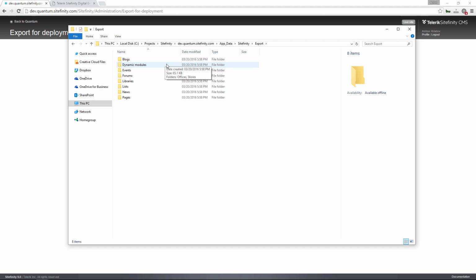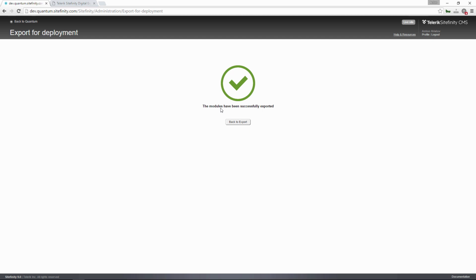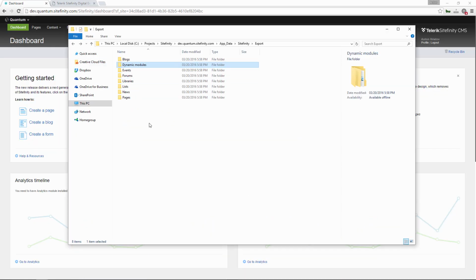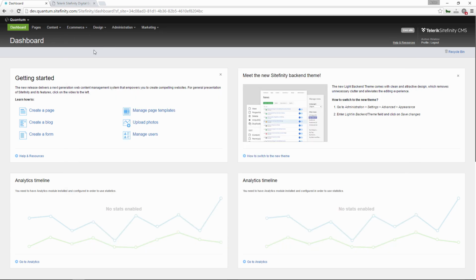Before, all the configurations were in a central file for all the modules. Now each of them, currently we have stores and offices, has separate configurations and structure that can be exported in order for you to move them between environments. And let me see here, currently the process has been successful. So if we go back to our website, now we have this export folder on our development environment.